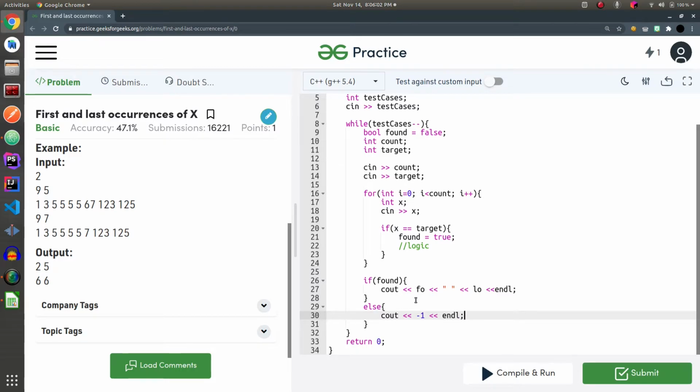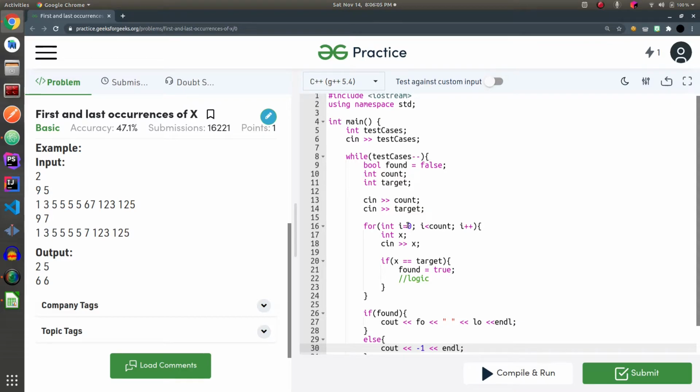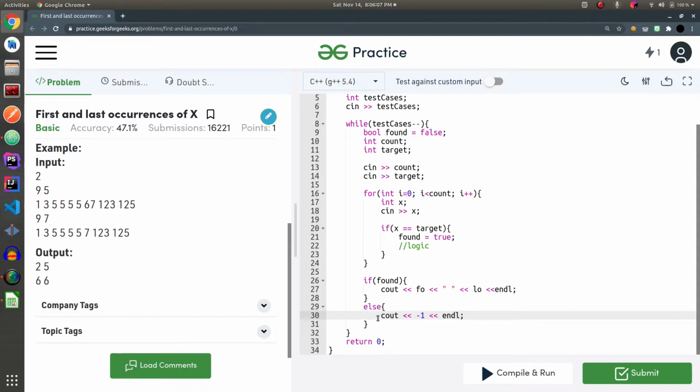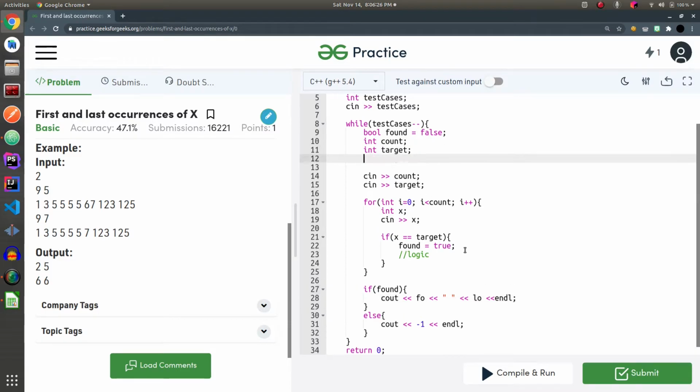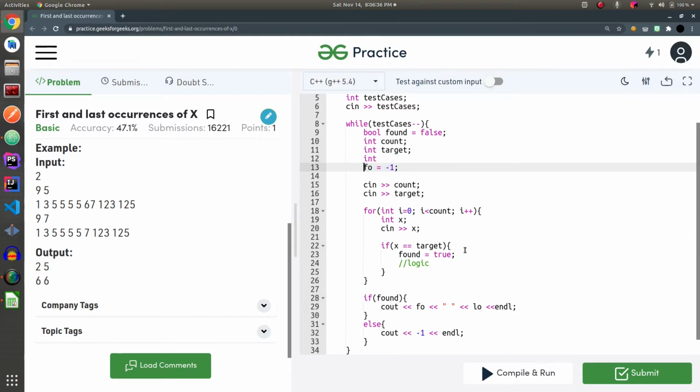If the value is not there in the array, we're just going to print -1. And if we do have that target in the array, we're going to print this format as mentioned here. So let's define these two variables inside the while loop, and I'm going to initialize them with -1.